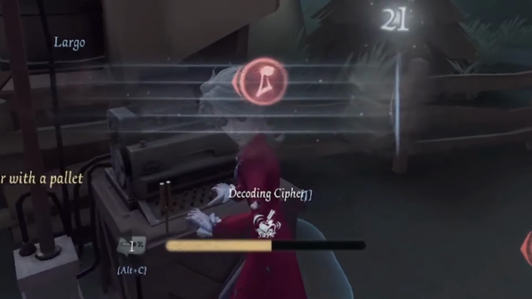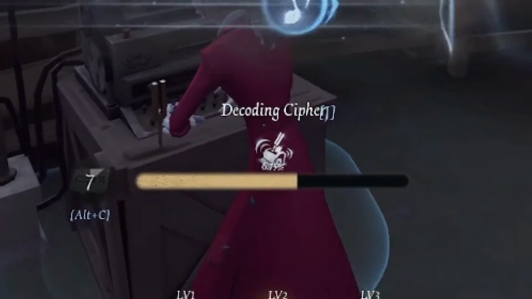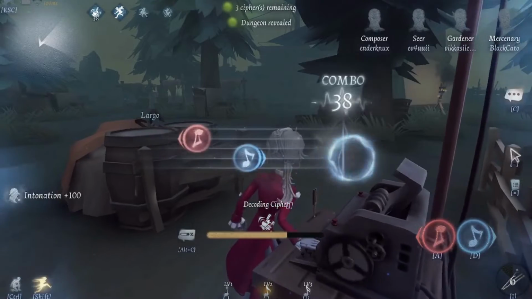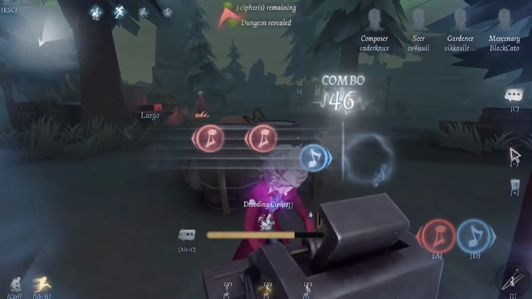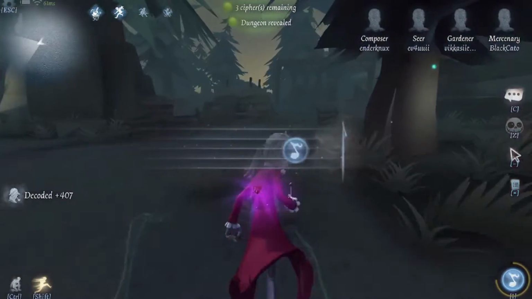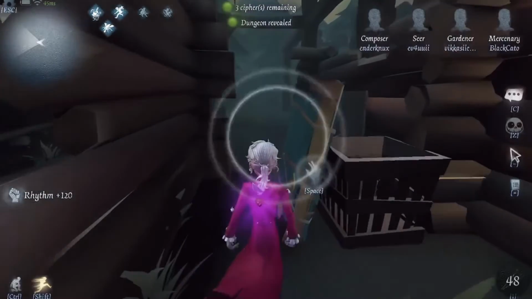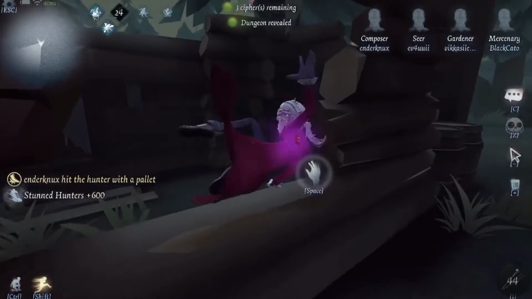Now, I am a PC player, so for mobile players this may be different, but on PC, you will have the comma, the period, and the slash, and those are your 3 movements, Grave, Largo, and Andante, and you can switch between them. I usually play on Largo, the middle setting, because it is what is easiest for me. If you are not very good at rhythm games, or you're first learning, it's okay to start out on Grave. But once you get used to it, I would recommend switching to Largo or Andante for that extra 10 stacks and